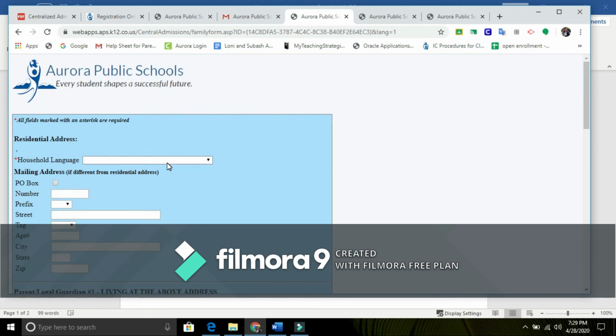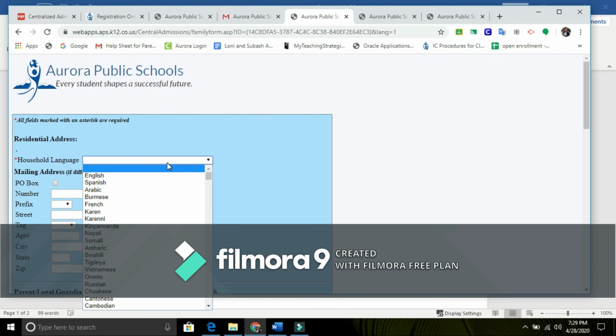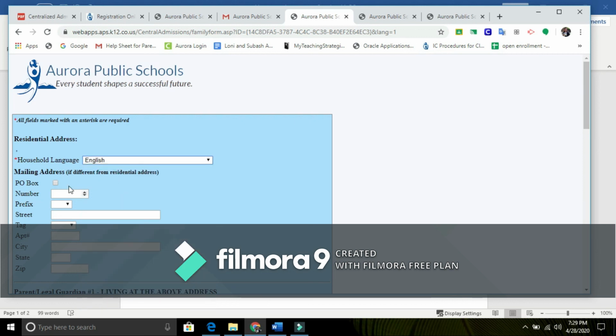If you are bilingual, if your first language is let's say Hindi, you always put your first language Hindi, so that all the information that school or centralized admission will send to you will convert it into Hindi, unless you want to prefer those email in English. But for now, I'm just gonna click on English, and then you can,